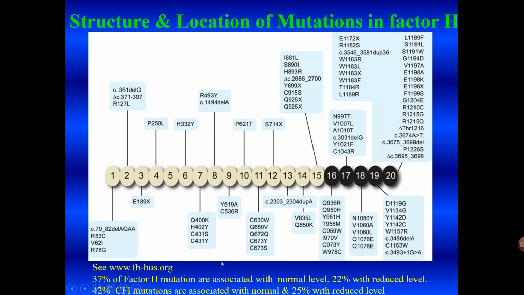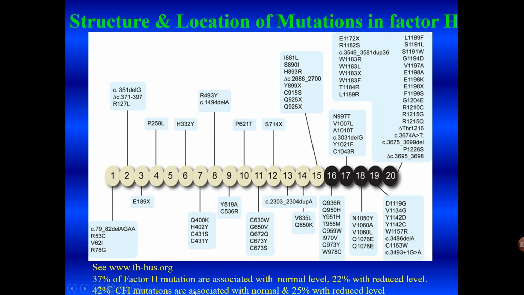This is complement factor H. It is composed of about 20 small subunits called short consensus repeats, which are numbered from 1 to 20. The amino terminus of the protein is here at 1, and it is responsible for the cofactor activity with complement factor I, and it is therefore important in the serum. While the carboxy terminus is located here, short consensus repeats 16 to 20, and this is responsible for surface binding, where it is responsible for endothelial protection.